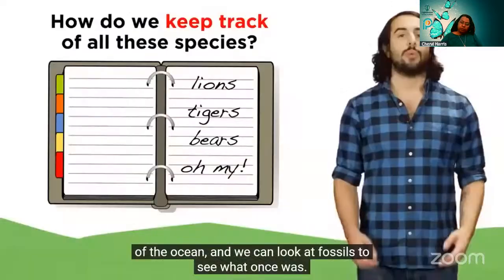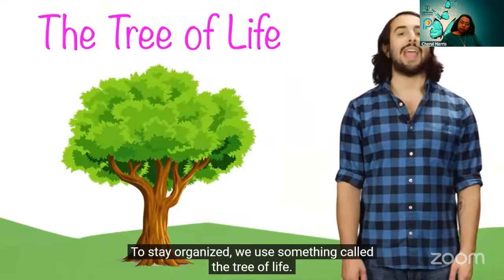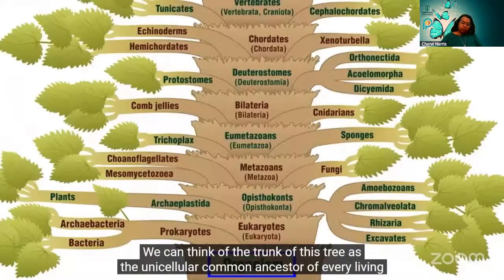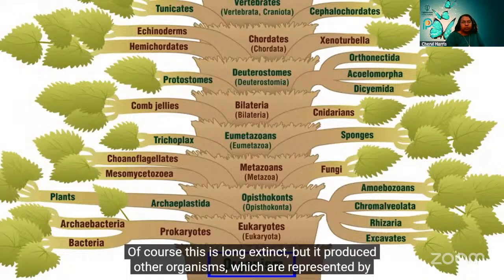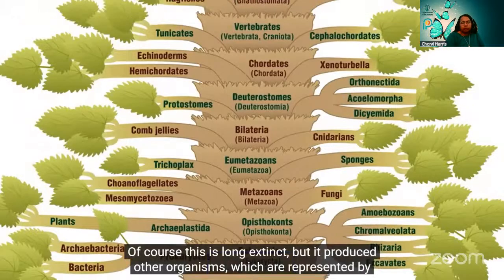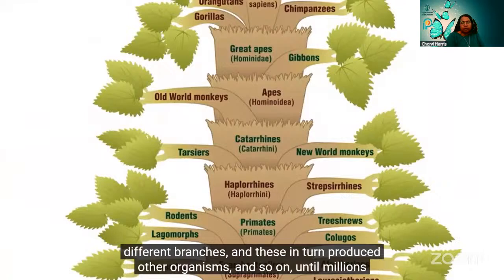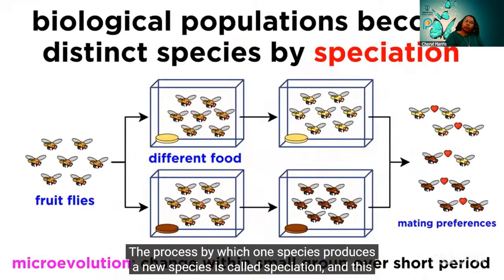So how do we keep track of all these different kinds of life? Which creatures are more closely related and which are more distant? To stay organized, we use something called the tree of life. We can think of the trunk of this tree as the unicellular common ancestor of every living thing in history. Of course, this is long extinct, but it produced other organisms which are represented by different branches, and these in turn produced other organisms, and so on, until millions of years later, here we are, along with whales and birds and porcupines and bears. The process by which one species produces a new species is called speciation, and this is